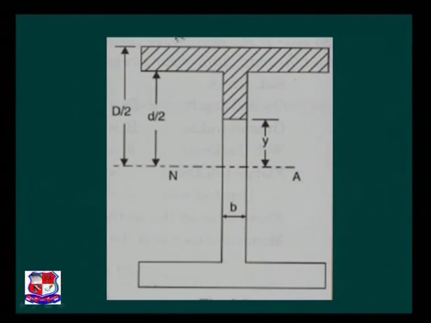We have to take the whole hatched area of this T section, which includes the area of the flange and the area of the web, and find the y bar, that is the CG of this shaded area to the neutral axis. If we proceed further, also refer to the figure, the available width at this